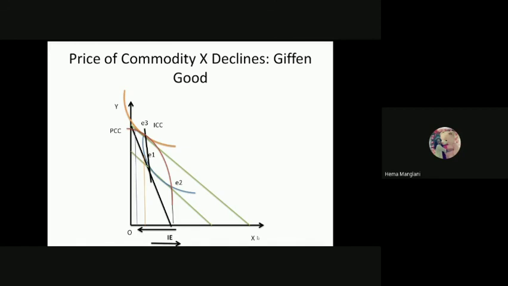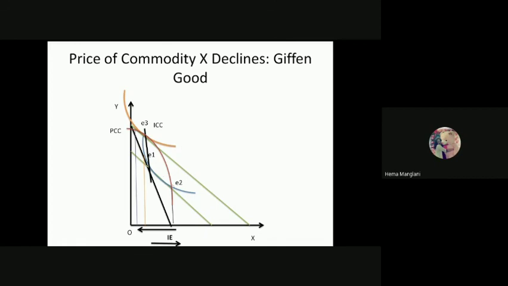And what is my assumption? That the price of commodity X is declining. So they have a direct relationship in the case of Giffen goods. If the price of commodity X declines, then the consumption of commodity X would also decline. So both follow a direct relationship. And if there is a direct relationship between price and commodity X, then you will have an upward sloping demand curve.